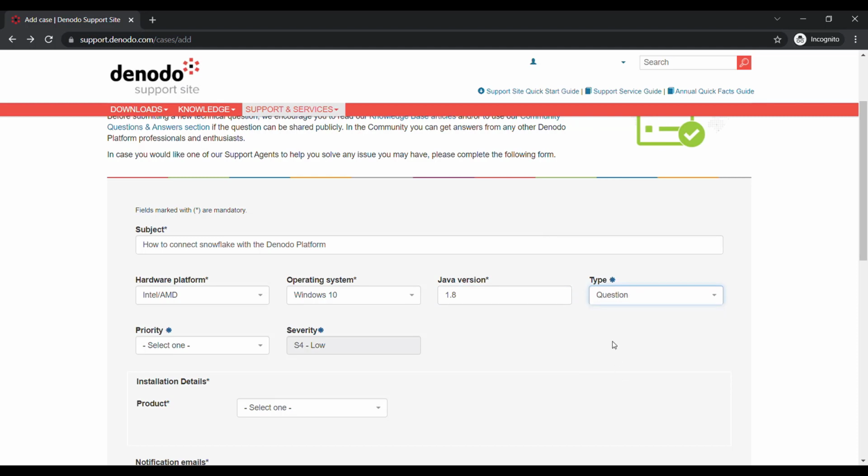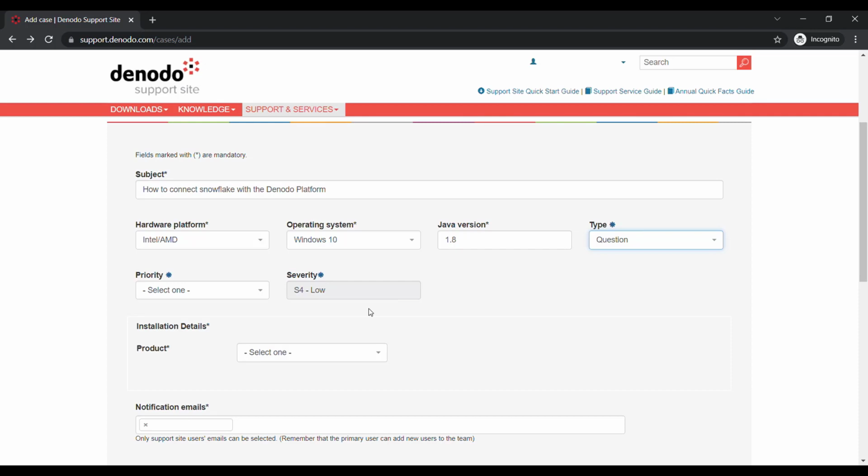To get more insights on case types, along with their severity and priority, you can refer to the Denodo Maintenance and Support Service Guide. Here, you can see that the type selection will add the environment and/or impact selectors. These selectors will set the severity field automatically. As we scroll down, we can see the priority drop-down box available. Here, you can choose the priority for your support case. We have P1 to P3, which goes from high priority to low priority.